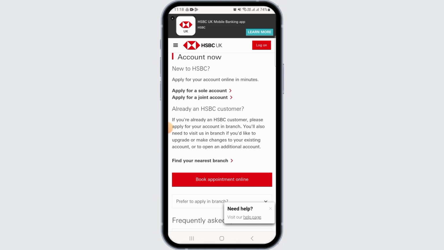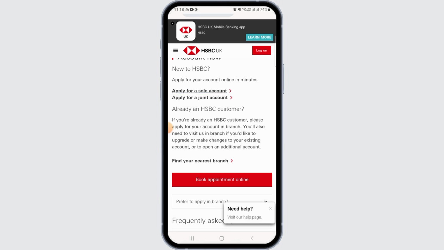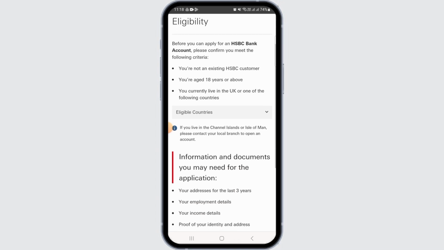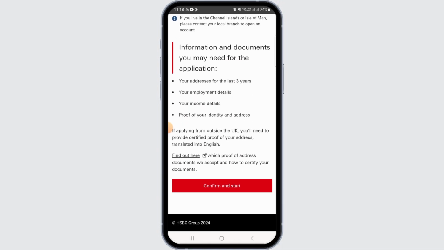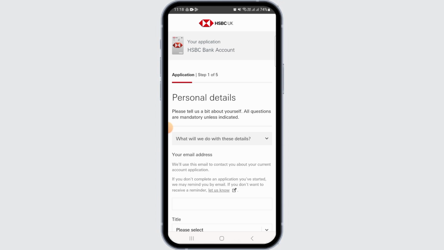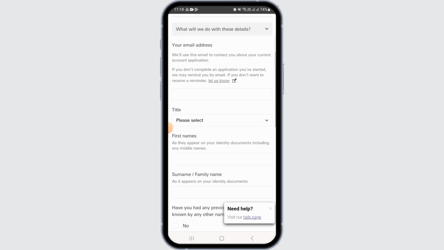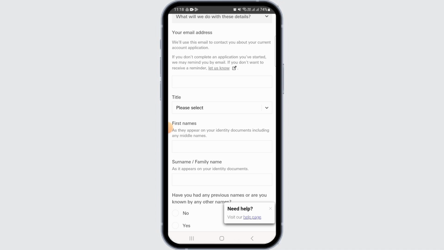Then you want to select if you want to apply for a sole account or joint account. Select whichever you prefer. Now go through the eligibility, and if you are eligible, you want to tap on the confirm and start option. The first step is to enter your personal details, so go ahead and enter your email